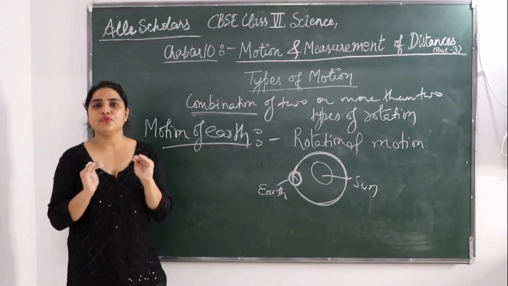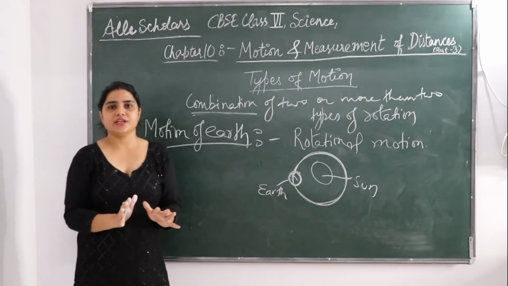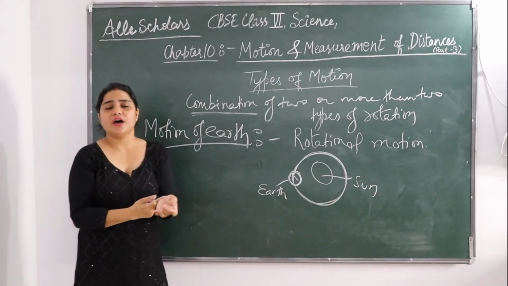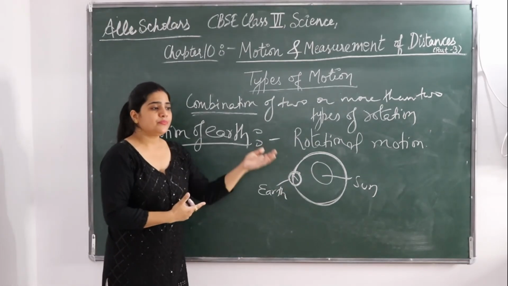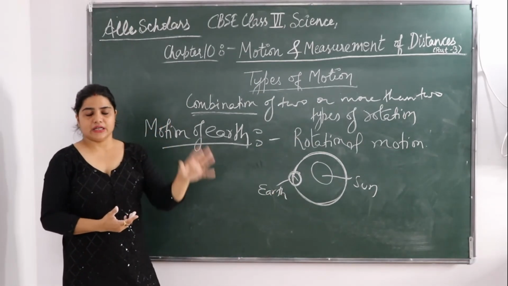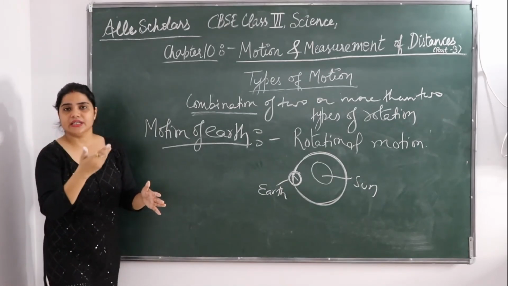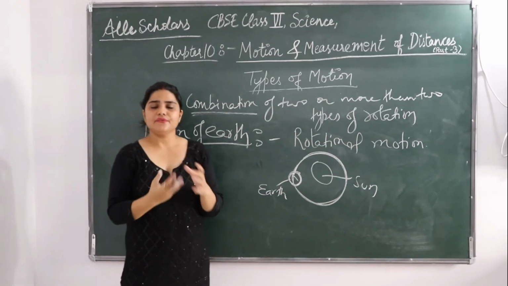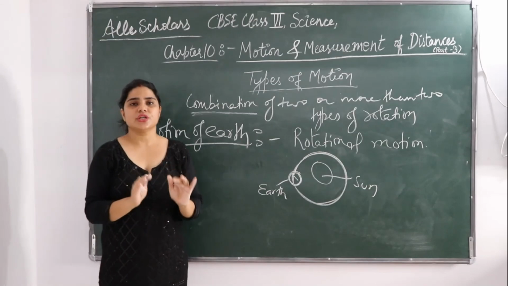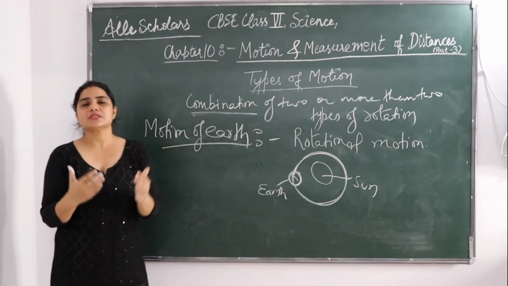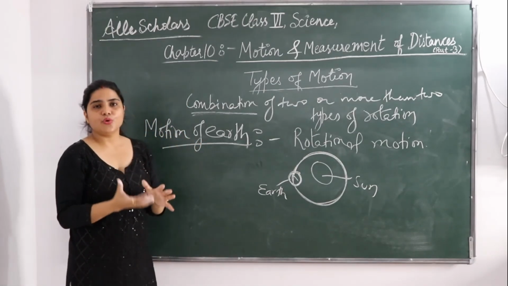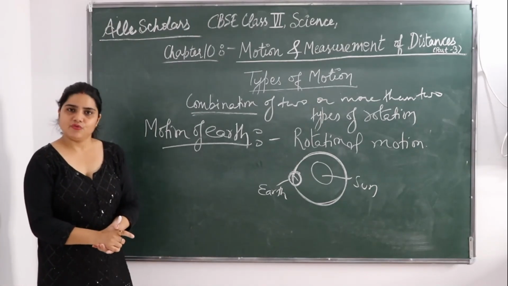Without motion, life would stop. Everywhere there is a motion. Blood is running in our body, that is also a motion. Moon is running around the earth, earth is running around the sun. Okay, so everywhere there is motion around us. Motion is very good, it keeps us going. Okay, so motion, movement is very necessary for life.